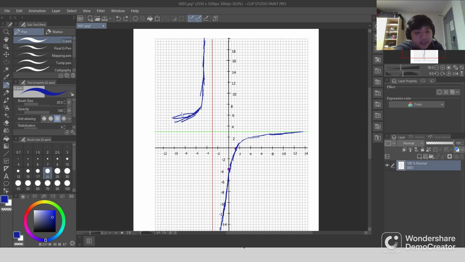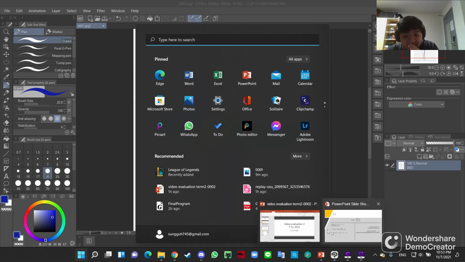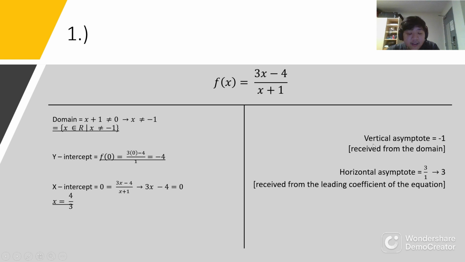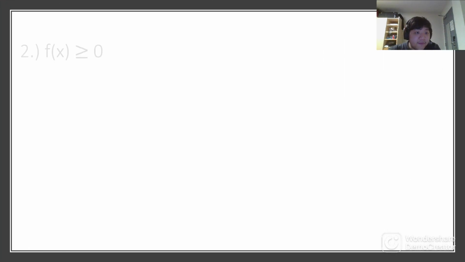Oh boy, that's too many scratches. Okay, so this is what the graph is supposed to look like, or roughly how it's supposed to look. Do forgive the bad drawing once again. And with that said, we can now move on to the second question, and that is to solve for f(x)